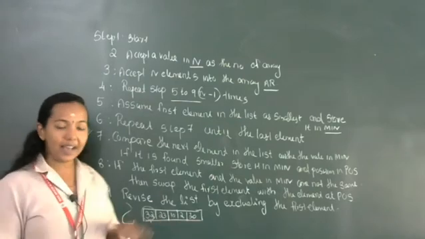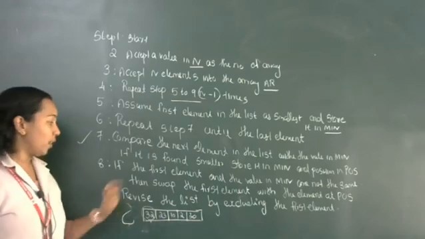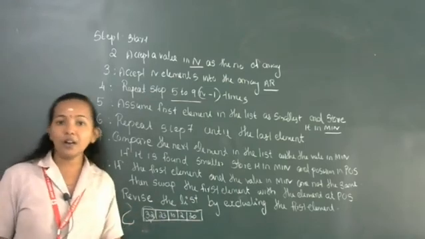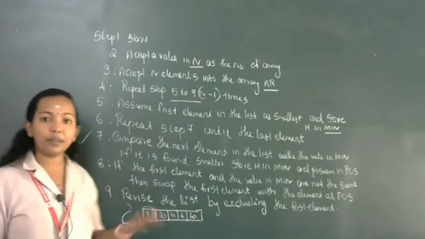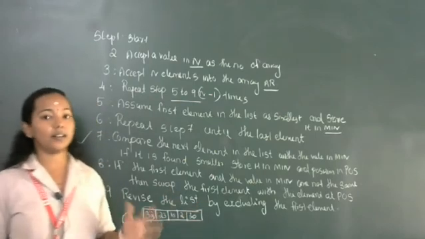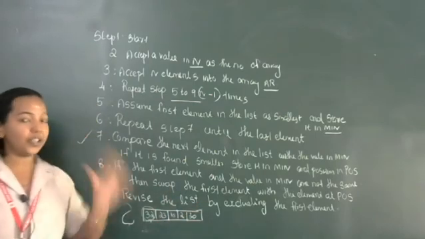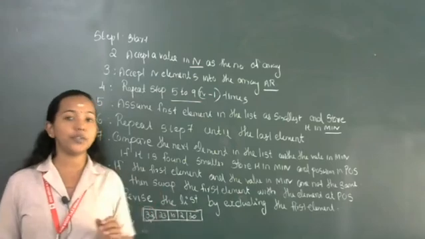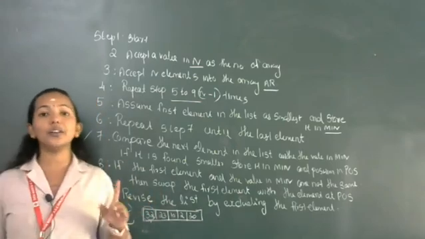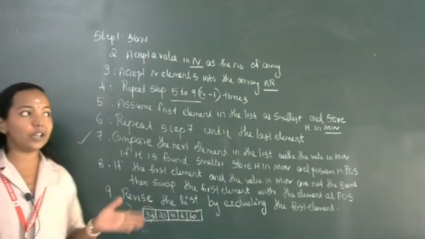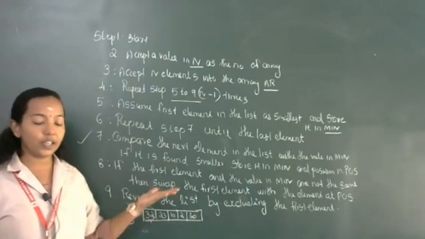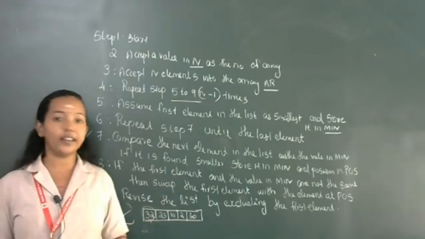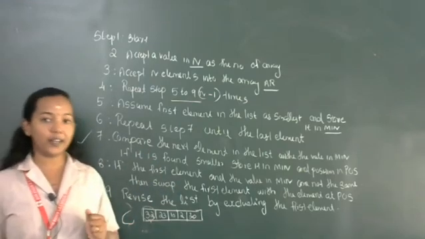Then after that you want to revise the list by excluding the first element. We are excluding the first element because we already sorted the first element. So this is a very, very important algorithm. You want to study this. You can expect this algorithm in your board examination. Algorithm for selection sort, very, very important. Please write and study this algorithm along with the explanation.